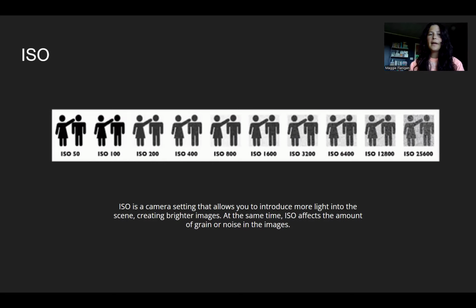ISO is the last thing on that triangle. It is a camera setting that allows you to introduce more light into the scene, creating brighter images. At the same time, ISO affects the amount of grain or noise in the image. People sometimes say grain, sometimes say noise. And you may have seen it in a picture before where it almost looks like you can see pixels or like dots all over your image. So the higher your ISO, the more of those dots you'll see, but you're able to make images in lower